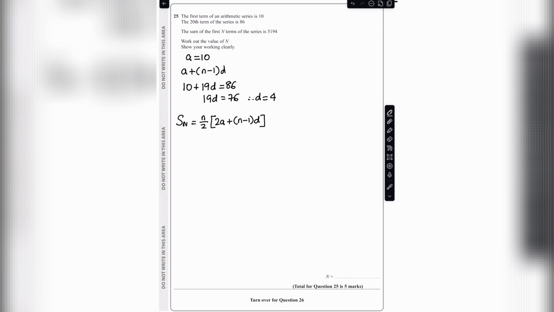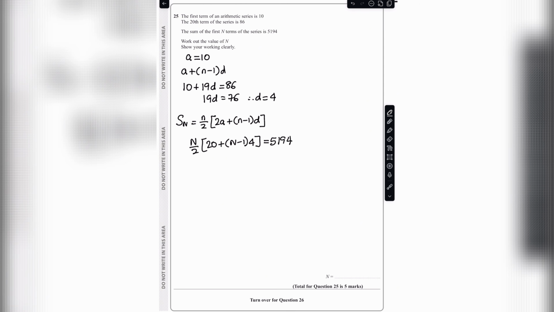And given as we are told that the sum of the first n terms of the series is 5194, we can set this equation equal to 5194 and solve for n. So n over 2 multiplied by 2 times a, which is 20, plus n minus 1 multiplied by d, which is 4, all equals